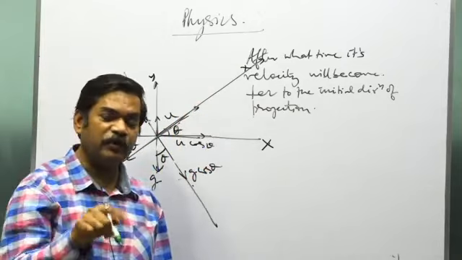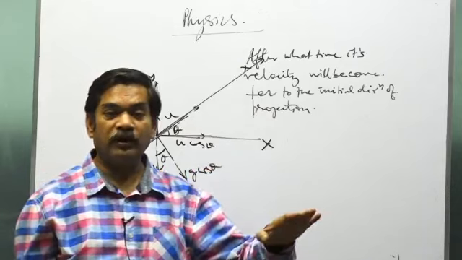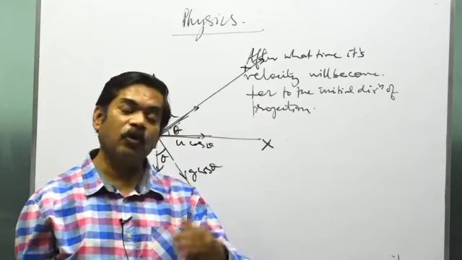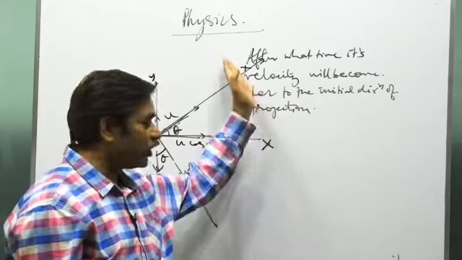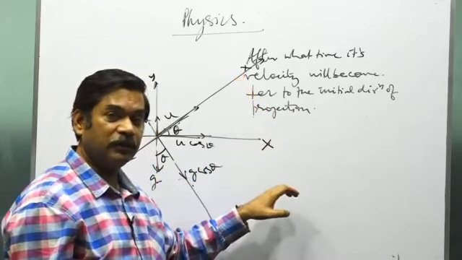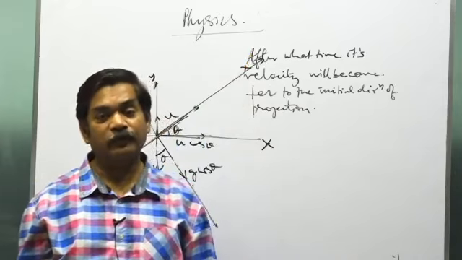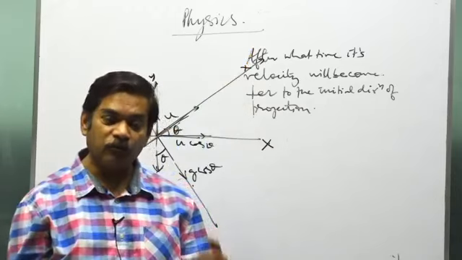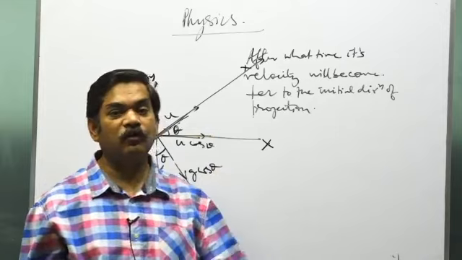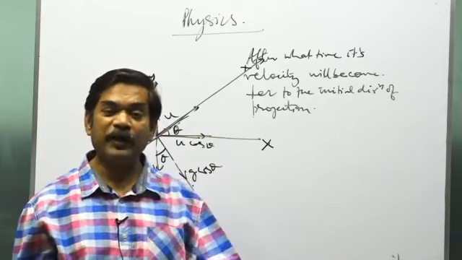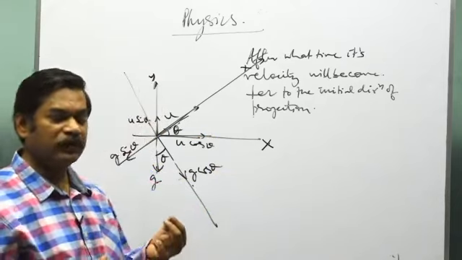Now see why this idea came to mind, to select the initial velocity direction as the one direction. I told you that a vector has no component in its perpendicular direction. So I thought: if the velocity after some time becomes perpendicular to the initial direction, then the component of velocity at that moment in the direction of initial velocity will be what? 0. Do you get this point? If the velocity has become perpendicular to the initial direction at some point of time, then at that moment the component of velocity in the original direction will be 0, because it is perpendicular. So that was a one step question.